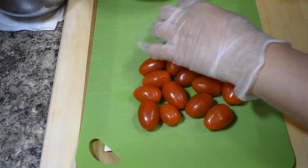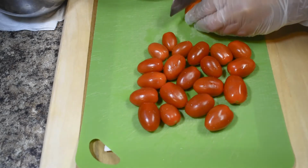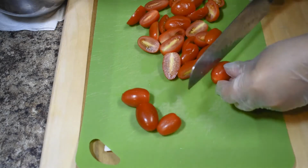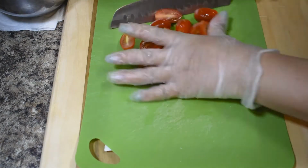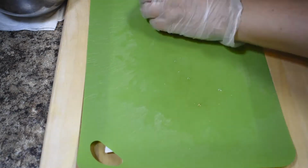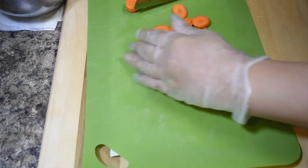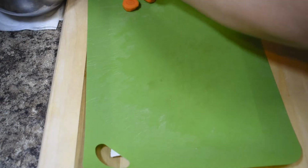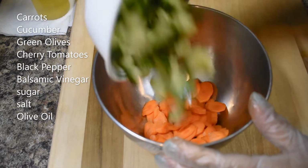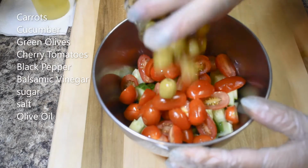Okay, let's make salad for sides. It doesn't matter what kind of cut you like for tomatoes. Let's put all the salad together. Carrots, cucumber, tomatoes, olives,